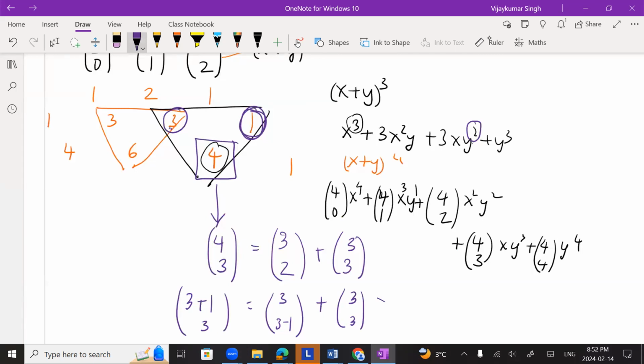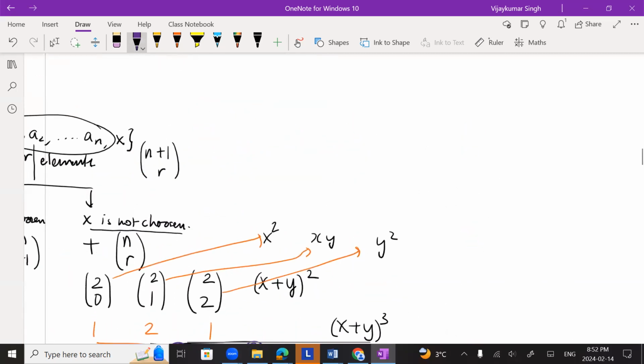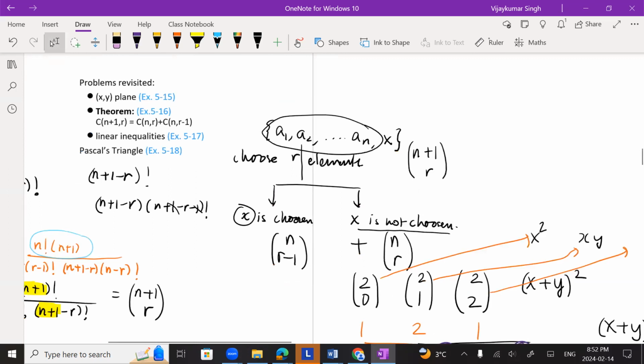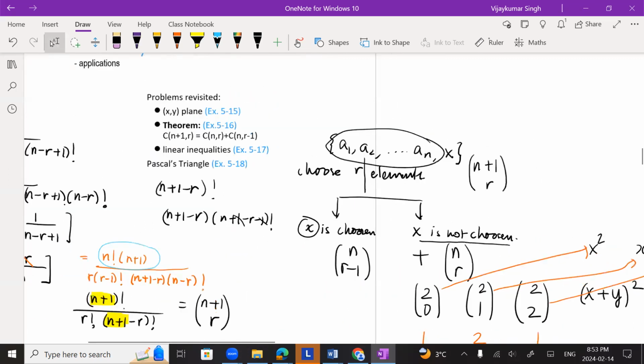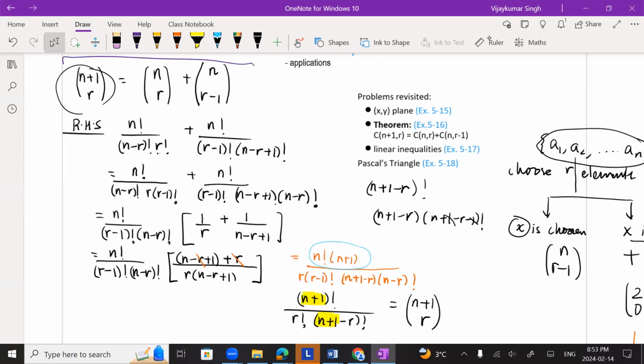So this result is actually the same as the one we just saw, which is this result here. Even though it is innocent looking, this is the whole basis of Pascal's triangle. This is a proof for Pascal's triangle, right? We have been using Pascal's triangle all this time without looking at the proof. This is a proof of how we can go to the next level by taking the sum of these two and getting